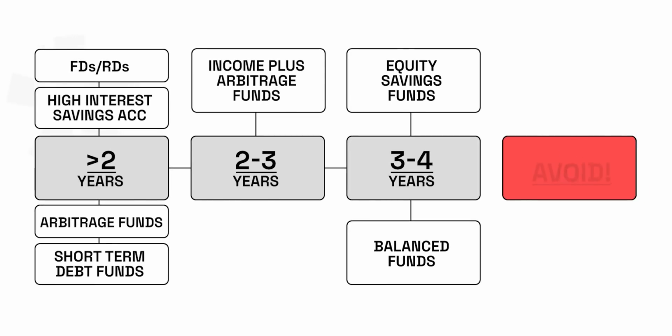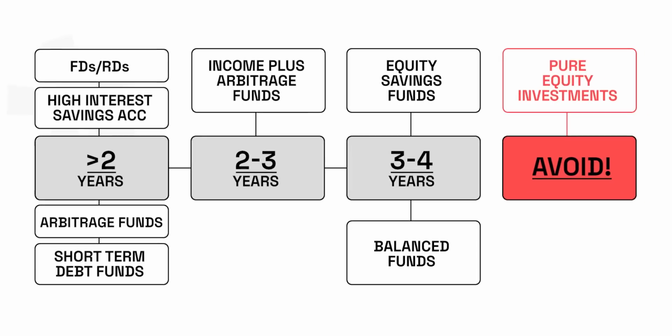Alright, now the two places that you should absolutely always avoid for your short-term money. The first is any type of pure equity investment. It could be through mutual funds or investing directly in stocks. Now, let's say you're tempted to invest in these places. Yes, they do have the potential to grow your money even in the short term if the markets do well. But there's always a chance that it may not work out, right? Because the markets have not done well and then you just have significantly lower money than what you need for that pressing goal that you have.